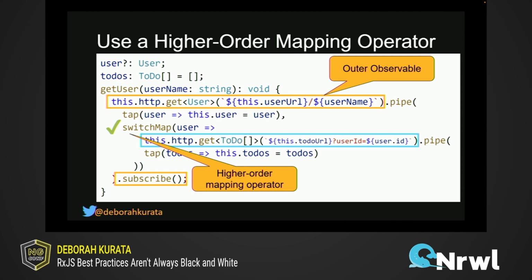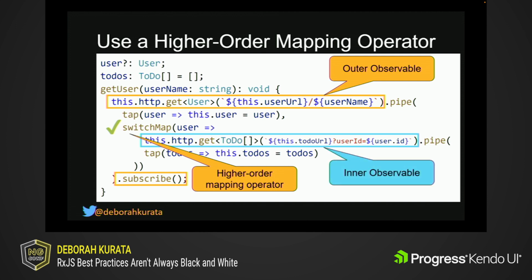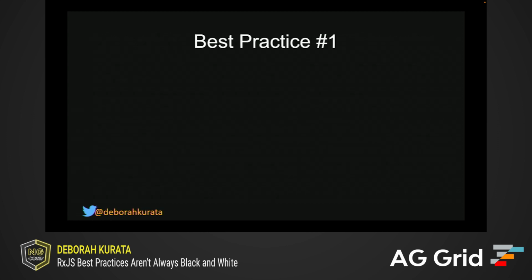One of the complicated terms that I ran into when I was first learning observables, I read through the documentation, and just in reading paragraphs, it kept talking about an outer observable and an inner observable. And in just reading paragraphs, I was like, what the heck is that? When you look at it on a picture like this, it makes great sense that this one is the inner observable and that one is the outer observable. So I just thought I would throw out those words, since it so clearly was represented in this screenshot. All right, last one,